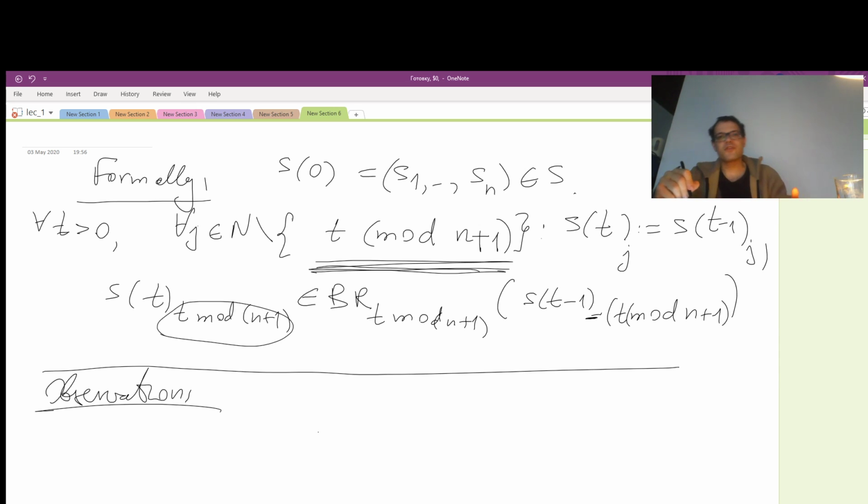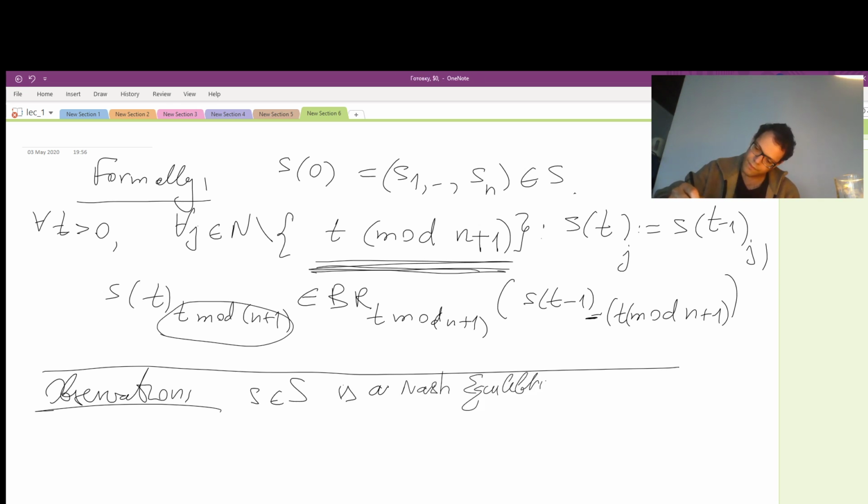A profile is a Nash equilibrium if and only if for each player the best response to what the others do is whatever the player does. Or at least it's a best response. So let me write it again. A profile S is a Nash equilibrium if and only if for each player